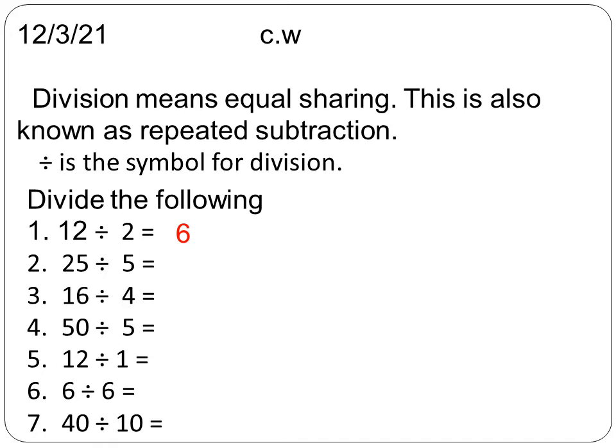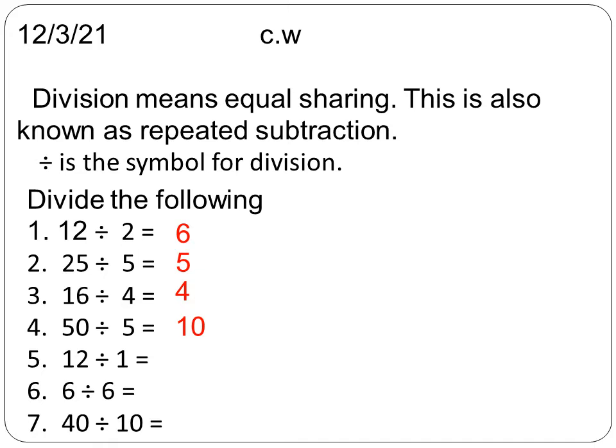Next, 25 divided by 5. Shall we? Yes. Start saying table of 5. 5 ones are 5, 5 twos are 10, 5 threes are 15, 5 fours are 20, 5 fives are 25. Next, 16 divided by 4. So you have to tell table of 4. 4 ones are 4, 4 twos are 8, 4 threes are 12, 4 fours are 16. In same way, 50 divided by 5 is equal to 10.